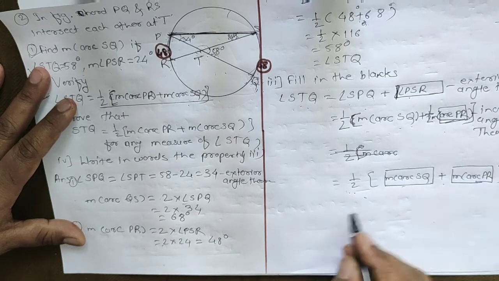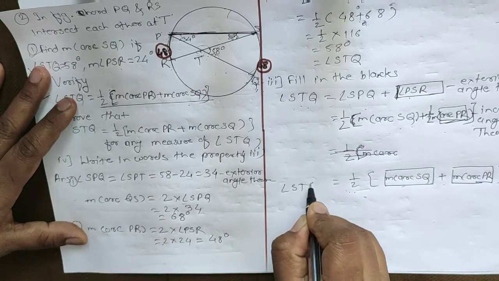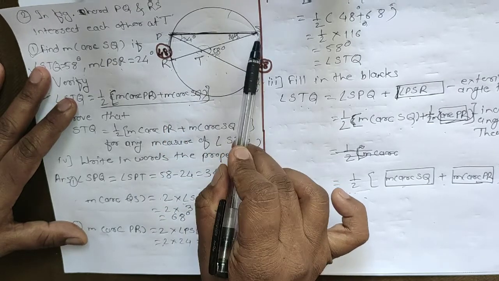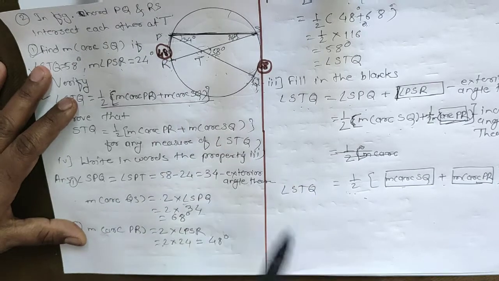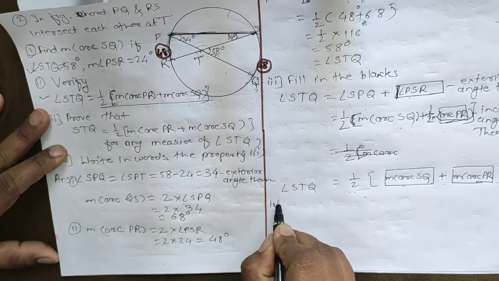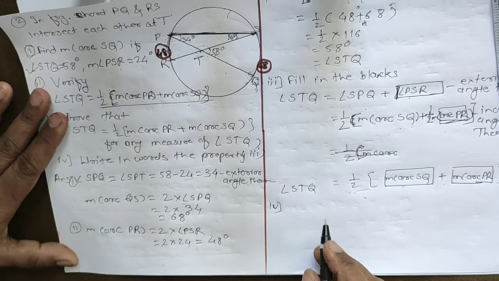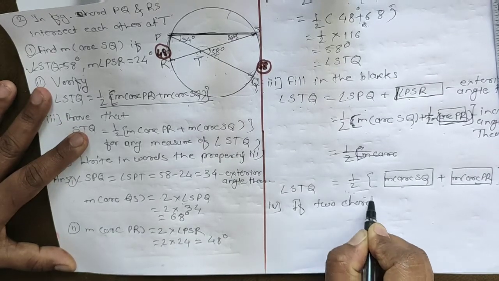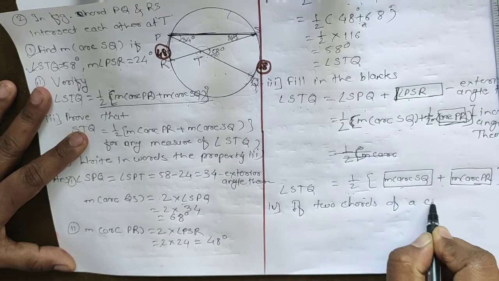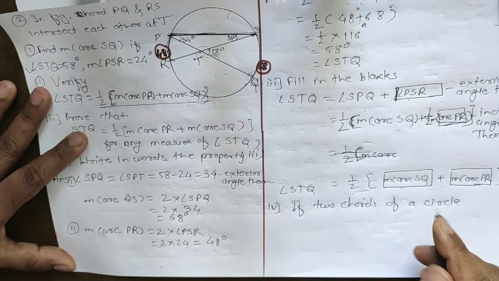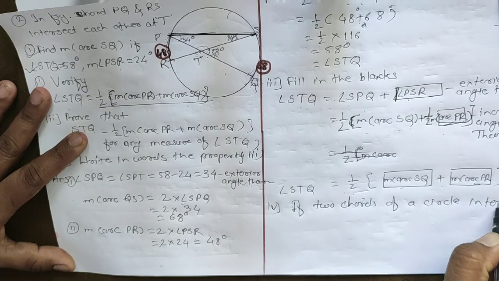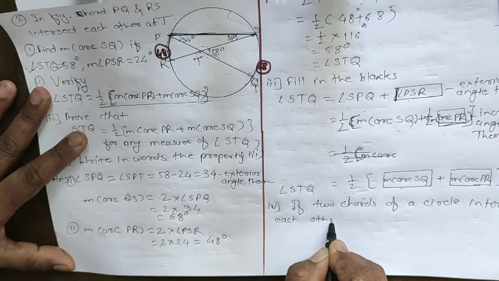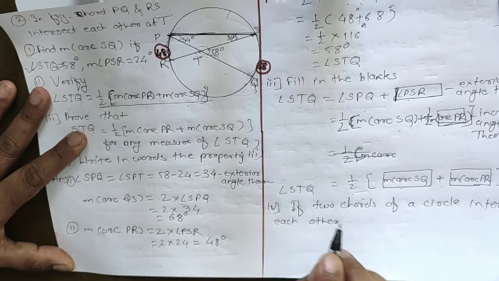Now we have proved that STQ is equal to half of the sum of arc SQ and arc PR. And from that we have to write the property. So what is the property? If two chords of a circle intersect each other in the interior of the circle,